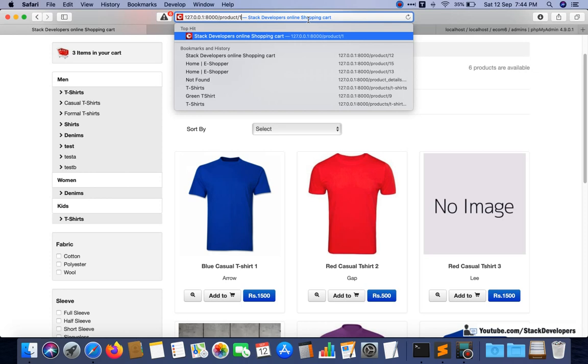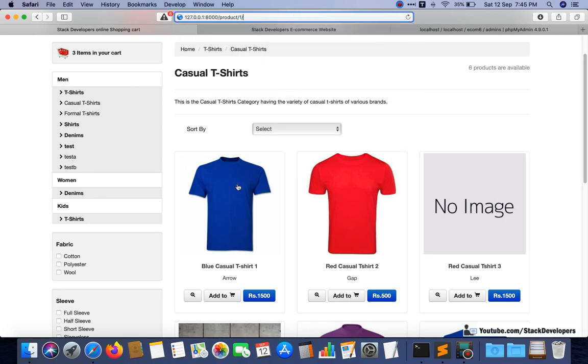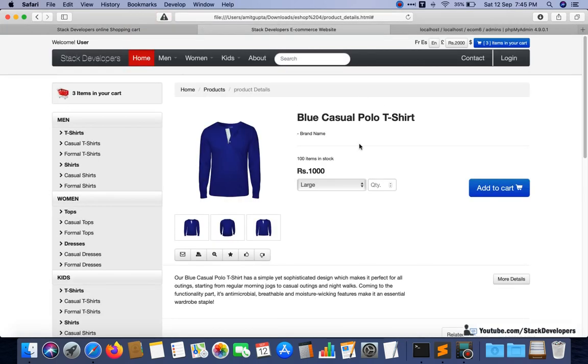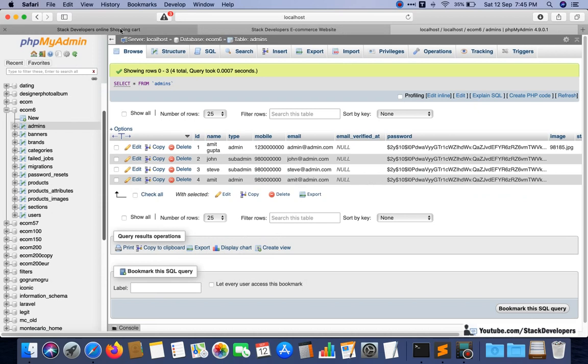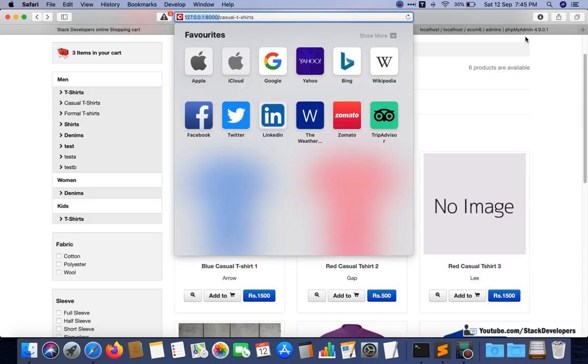And you can do one more thing. If you don't want to show one, then you can also show the product name here. Instead of one, you can create, sorry, see, one we will use, but for the SEO you can also show something more, like the product name here. Like you can show it like this blue casual t-shirt, or you can do one more thing. You can show the product code, that is also a good thing to show, because product code, wait, let me open once again.